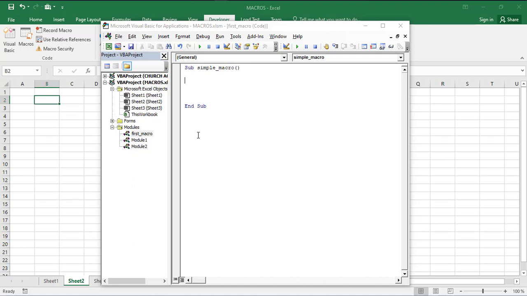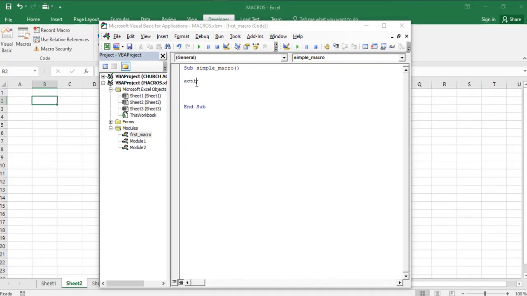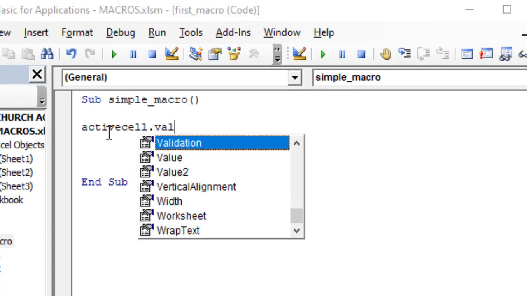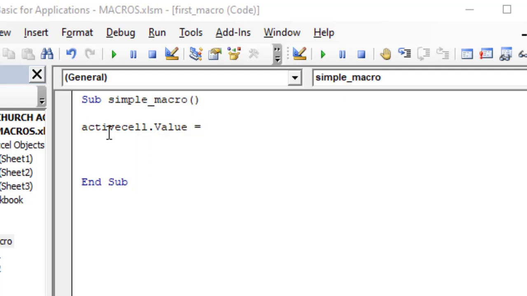For the first method, we are going to use ActiveCell. So let's go to our sheet. You can see that B2 is our active cell, so you are going to make reference to that active cell. This is the kind of code you are going to type: ActiveCell.Value. That means we want to tell the system that the active cell should have a value, and the value should be equal to